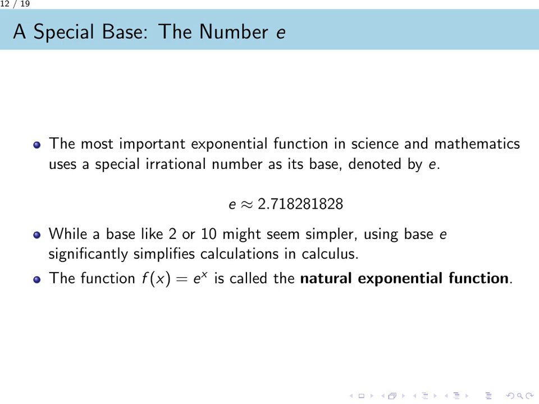However, the unique properties of e make it the ideal choice because it significantly simplifies many essential calculations you will encounter in calculus. The function f of x equals e to the power of x is so fundamental that we call it the natural exponential function. Remember that this function, built on the special base e, is the cornerstone for modeling many processes in science and